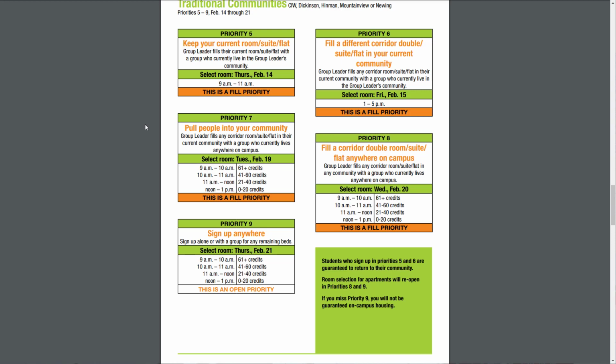If I want to pull people in from other communities into a community I currently live in, I'll use Priority 7. If I want to move to a different community and fill a room, suite, or flat with people who live anywhere else on campus, I could use Priority 8. And if I want to sign up as an individual, I could sign up during Priority 9. I could also sign up during Priority 9 as a group or partial group to fill or partially fill any